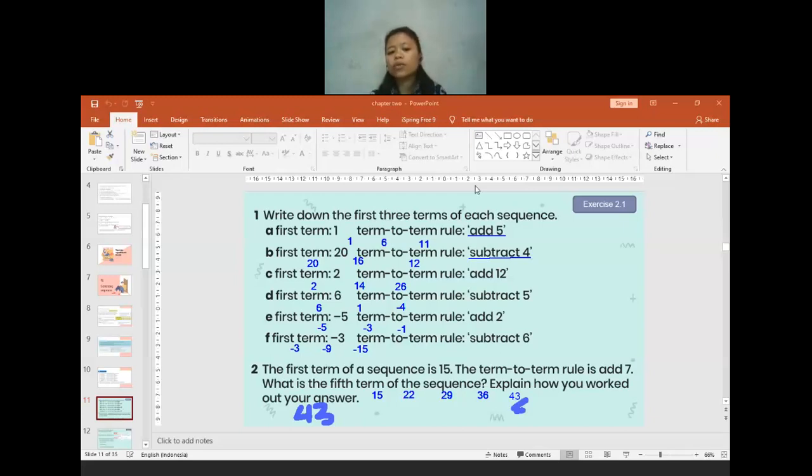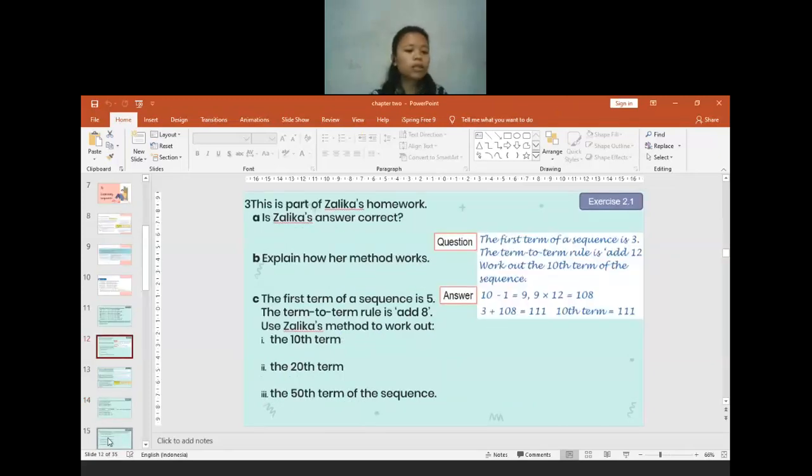Does anyone have a question on finding the number, or is there anything still confusing? Please let me know if anything is still confusing. No question? Okay. If no question, then I'll continue to the other question. Let us continue to question 3. We still have about 4 minutes left. Maybe we can discuss question 3 for a while.